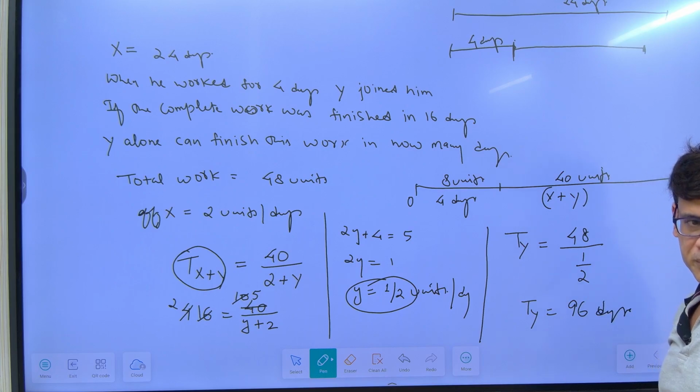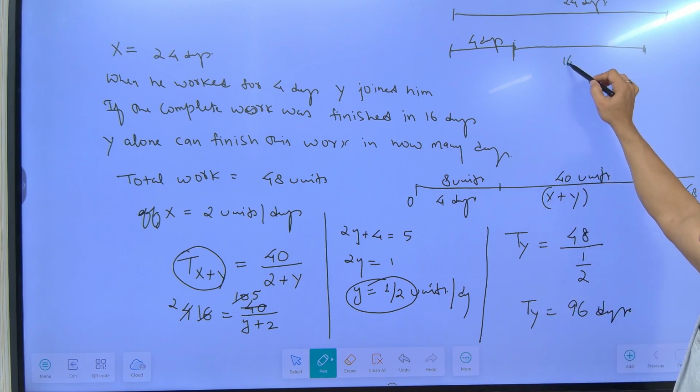डूइंग दिस, काम और 4 दिन पहले ही खत्म हो गया, 4 days एंड 16 days, राइट, 16 days में हो गया।